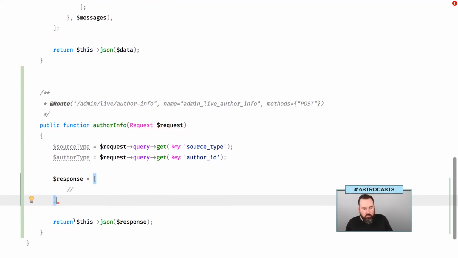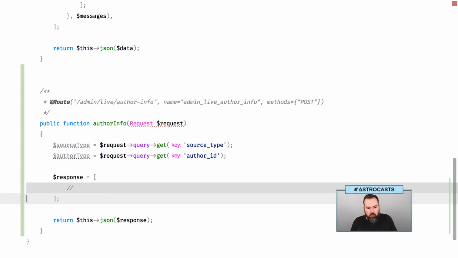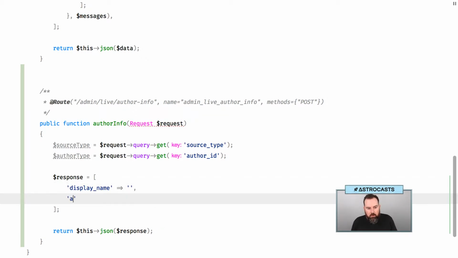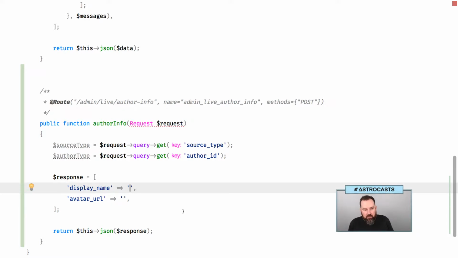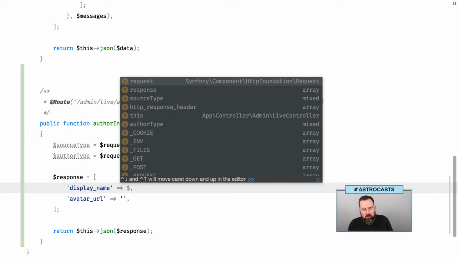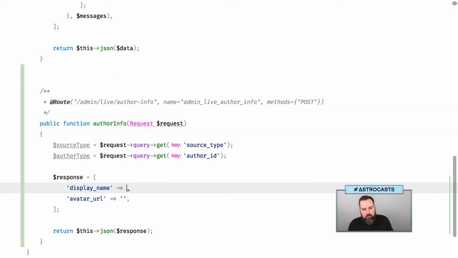All right, so the responses we're looking for are display name, avatar URL. So there's a bunch of things that we could probably do here. We could probably break this out into a service, but for right now, I think I'm going to try and keep it simple. I'm going to just say display name is going to be the let's do